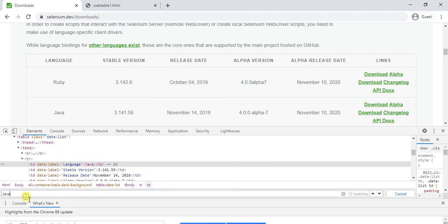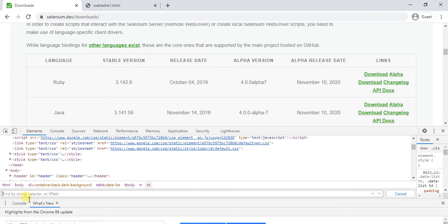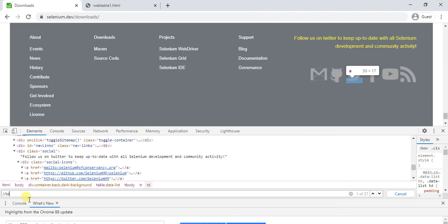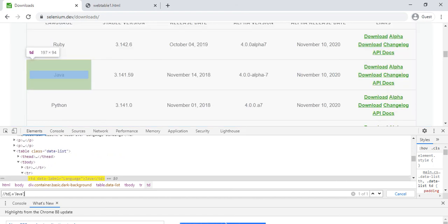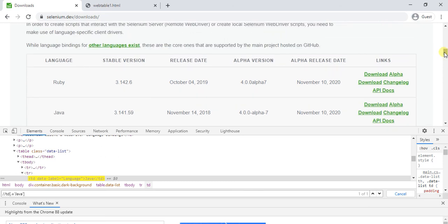I have to go to the td, then dot equal to single quote, adding that Java element and closing it. Now I have to go to the element called this column, this release, alpha release.